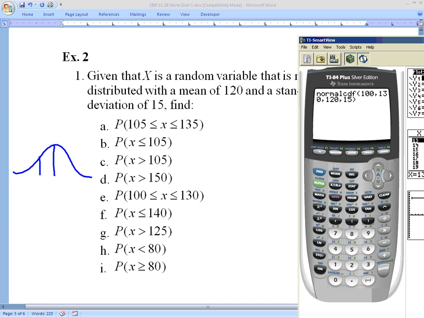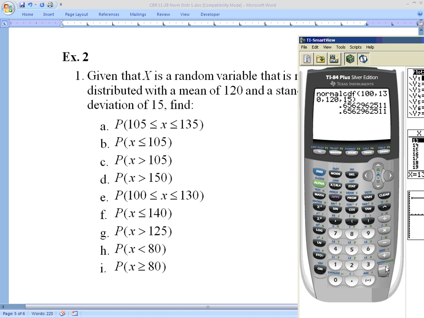And we said that 130 was a little less than one standard deviation, but again, if it was exactly one standard deviation in both directions, we'd be looking at about 68%. So if we're somewhere in the family of 60 to 75%, I think we're reasonable. If we're not there, then I think we have an unreasonable answer. So let's hit enter, and we get